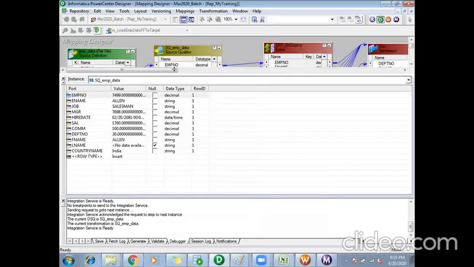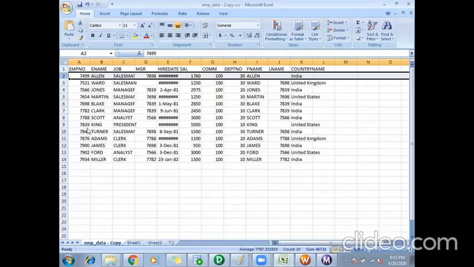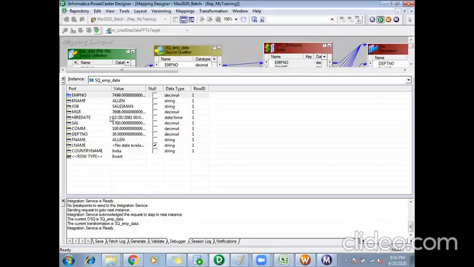So yeah, let me open the file. Yeah, this is my file. This was the data. So the first record got processed into my source qualifier. SQEMP data is my source qualifier. So it is showing me how the values are coming in each of the ports in my source qualifier for the first record. So in case there is any issue in any of the ports wherever a value is not coming correctly, I can check it here.